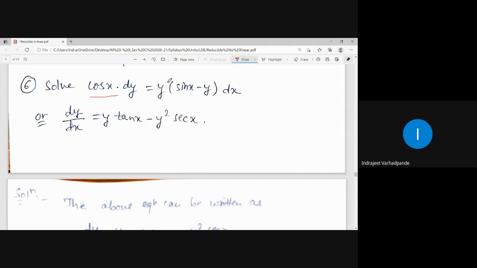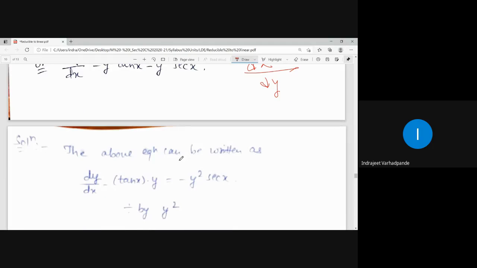Now I see the term of y, and so that you can make the differential coefficient as dy by dx. But if you see here, this y into sin x will be there and minus y square will be there. So major possibility is getting the term of power of y on one of the sides. So it cannot be reduced to linear differential equation in y, nor it is containing x, so I cannot reduce it to the linear differential equation as dx by dy. So only what is left with me, I will try to convert it into the reducible to linear form, or say Bernoulli's equation.